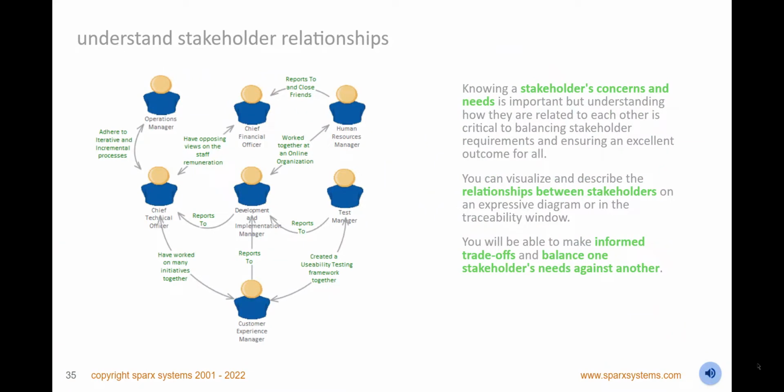Understand your project and enterprise stakeholders by creating expressive maps of the significant stakeholders and their relations. When you clearly define the relationships between stakeholders, you can more easily resolve stakeholder conflicts and ensure better overall outcomes for the entire group of stakeholders. Any project staff can use the maps, reusing them across multiple initiatives. Replace the elements with icons to represent the type of stakeholder, or use avatars or photos for each stakeholder.